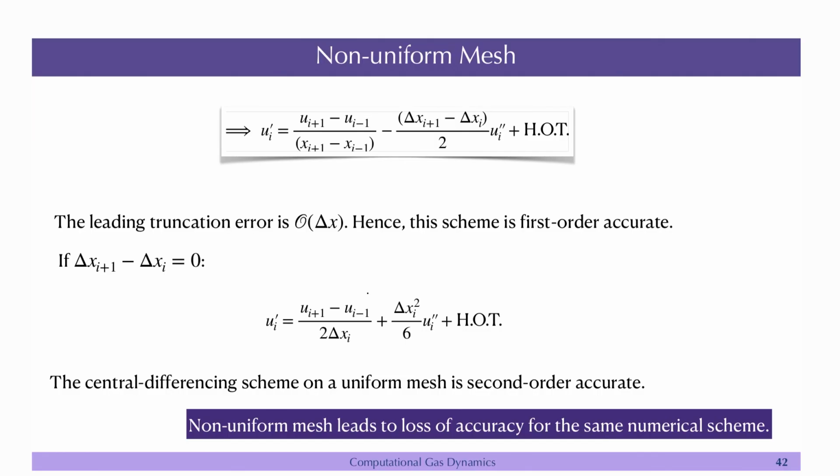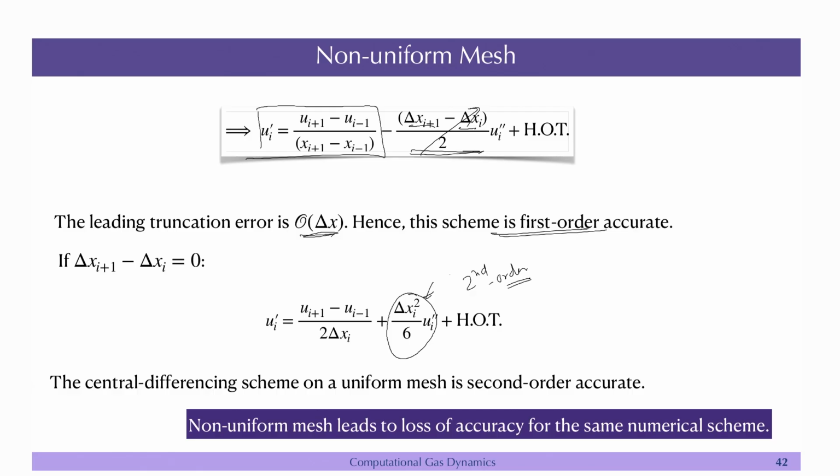So, this is how you will calculate the first derivative, okay, and this is your error. So, the leading truncation is of order delta x, this is first order accurate, right. Now, if you want to see what will happen if the mesh is uniform, that means this term will go to 0 and then this will disappear and you will get the term which is like this, and this is the second order accurate term, right. This is second order accurate,